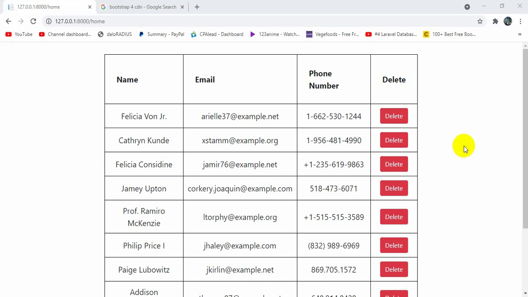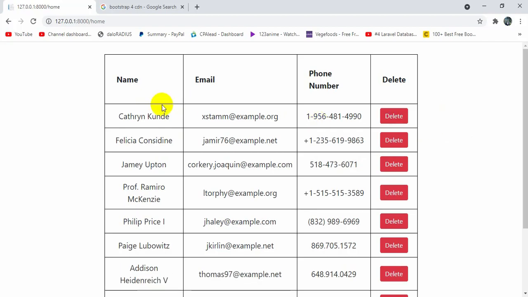In this tutorial I am going to show you how you can show flash messages in Laravel. So here you can see a data over here, and if I click delete, it deletes the data automatically without showing any messages. So I'm going to show you how you can show flash messages, and we'll also have a close button over here. If you click it, the message will get deleted, and if we do not click it, the message will disappear automatically after like 3 or 5 seconds. You can choose the time duration.